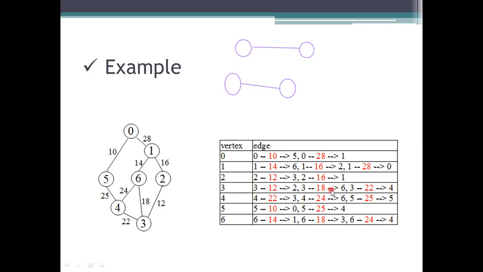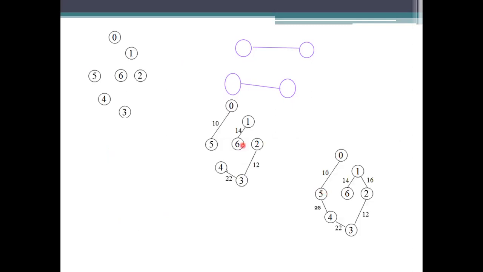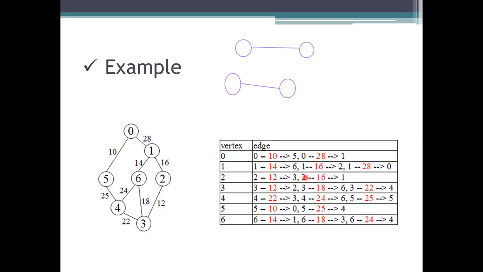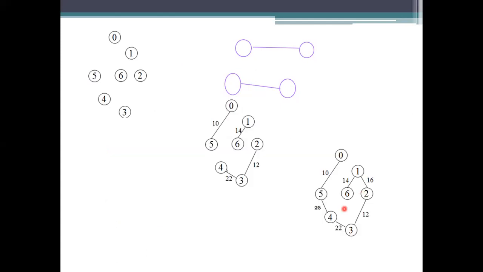And the other one here is 18. If you are taking the 18, what happens here? It is forming a circle because we traverse it from here. We will discard that edge. Okay. And the remaining one, this is the traversed one, this should be discarded, and the remaining one is the 22. So we should take the 22 here.